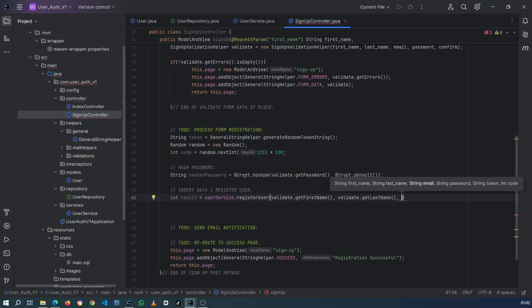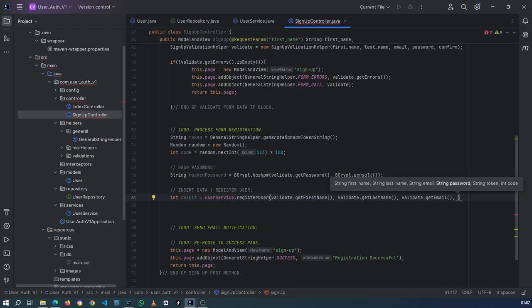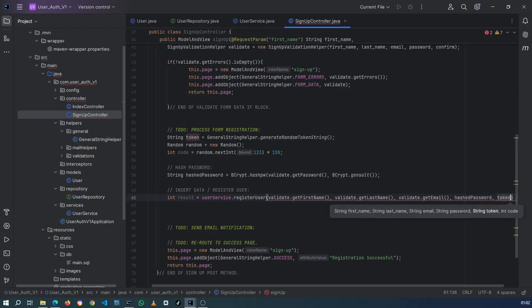What else? Validate dot get email, and then the password we're obviously not gonna get. We need to get the hashed one, right? So we're gonna say that, and then what else? Token. So the token and the code, we created them up here, so we just have to say token and